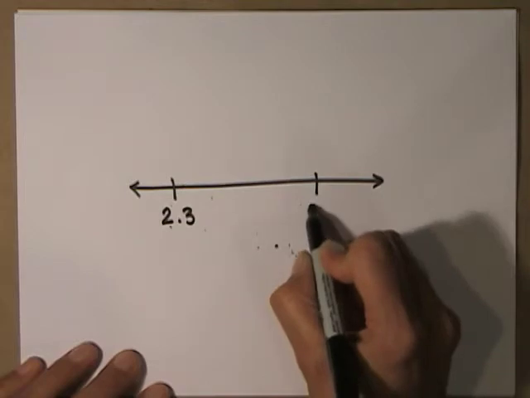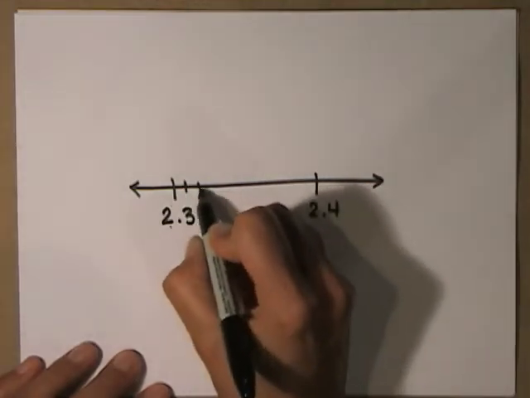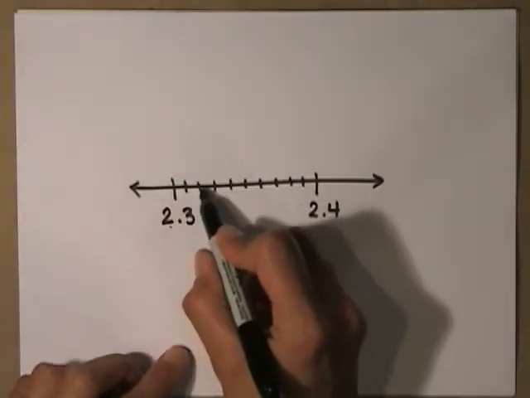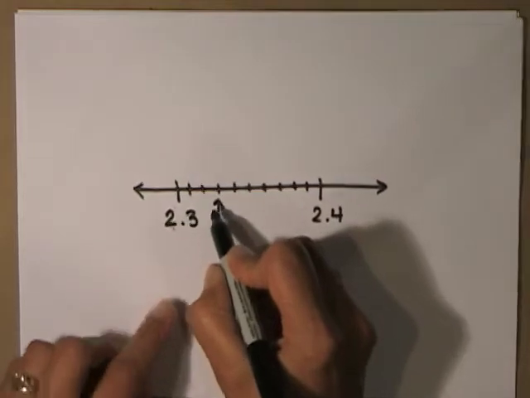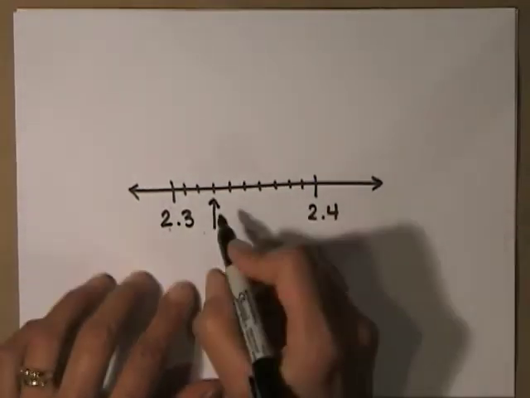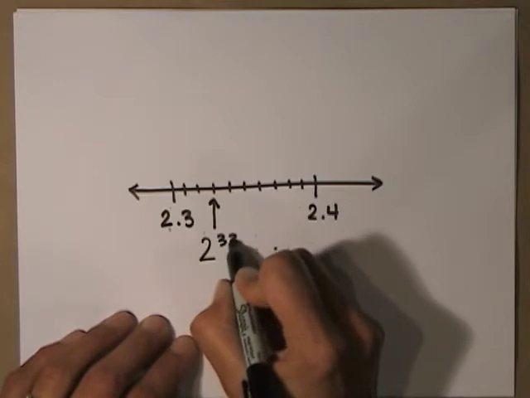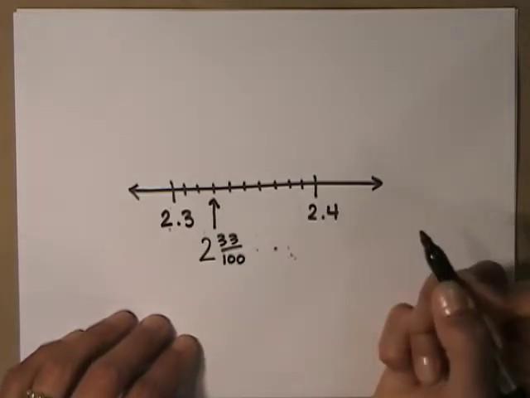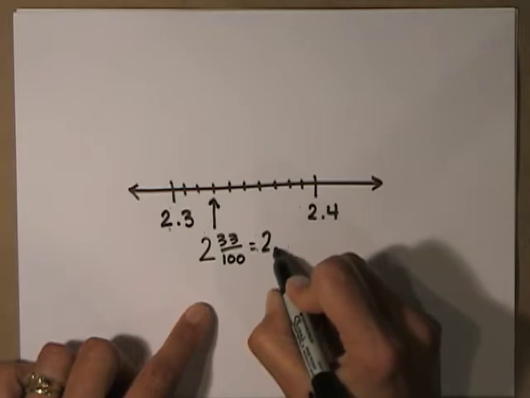To find the numbers in between the tenths, each tenth is divided into 10 evenly marked spaces. 1, 2, 3, 4, 5, 6, 7, 8, 9, 10. Each of these parts is 1/100th of the whole number. 3/100ths to the right of 2 3/10 is 2 33/100ths. To write a decimal with hundredths, we use 2 spaces after the decimal point. So 2 33/100ths looks like